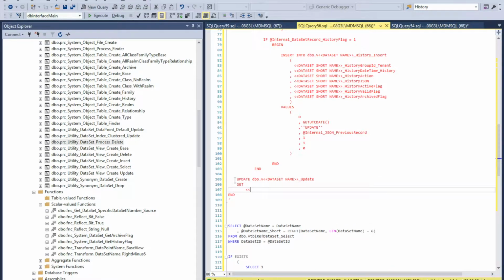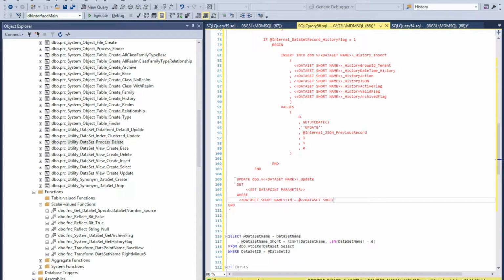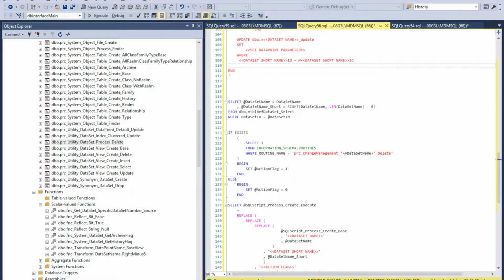Set, and this will be our set data point parameter, where dataset short name ID equals @dataset short name ID. So not so bad,